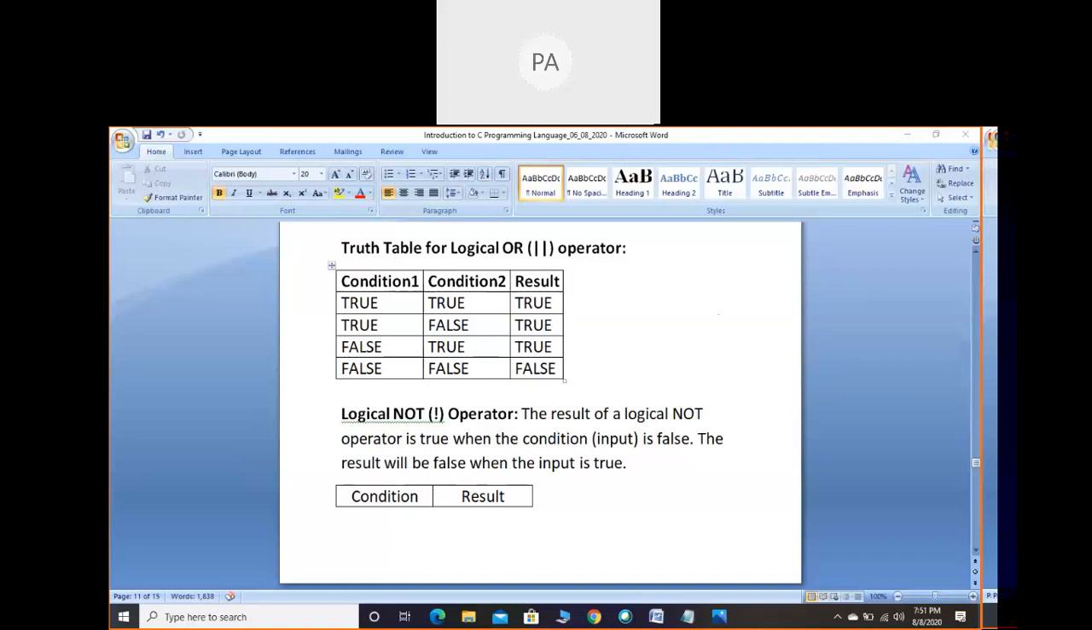So completed writing. Okay. So there is a table for logical not before